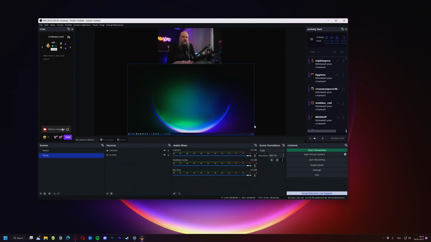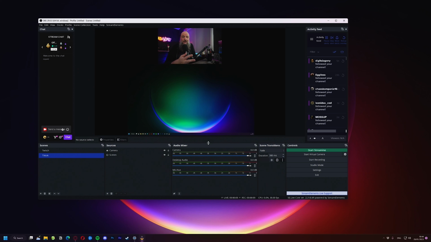Now we have all this set up, we're going to use a nice little feature that almost every streaming software has. And it's called the virtual camera. You can see it right here. We need to set it up first. So click the cogwheel next to it, and you have different output types. In this case, we're just going to select scene, and we're going to select TikTok scene. What this will do is take that scene and basically broadcast it as a camera on your PC.